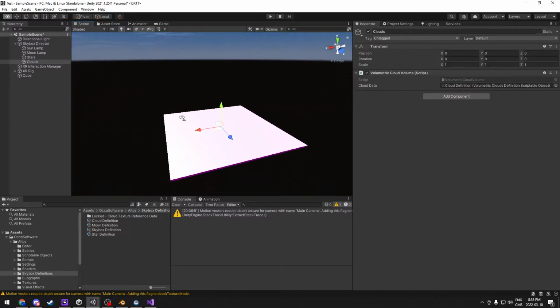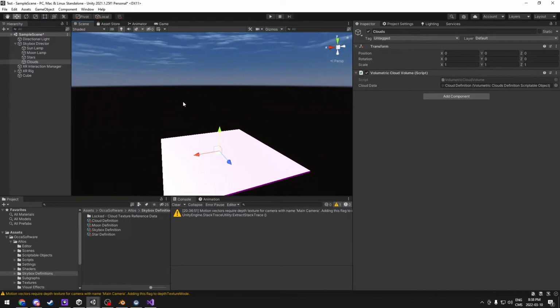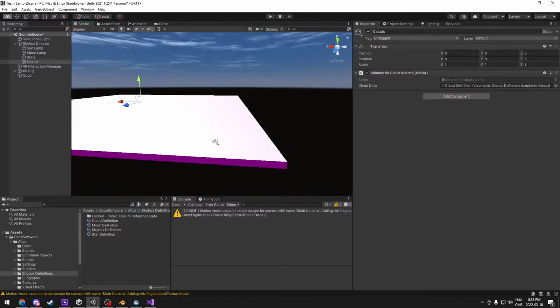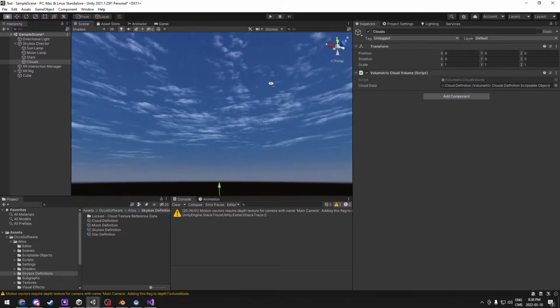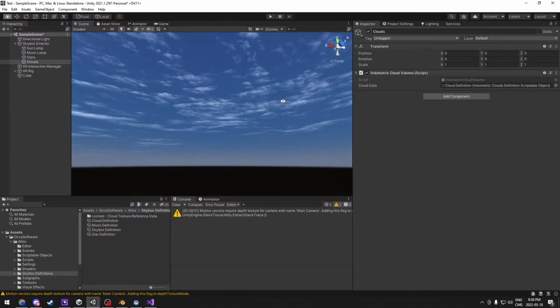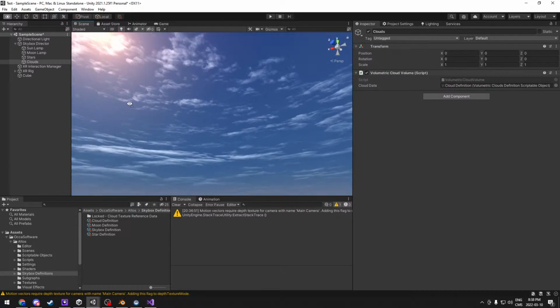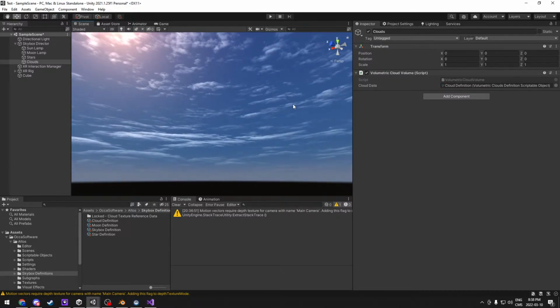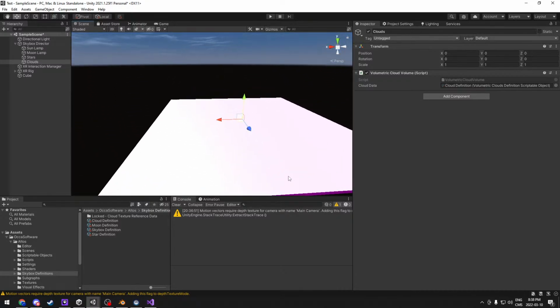This is really frustrating. Why the heck is it like that? Yeah, I don't actually know. So you missed the rest of the stream, but I had this sky, and it's a really pretty sky, and there's like procedural clouds and all that stuff. But I've been trying to bug test as to